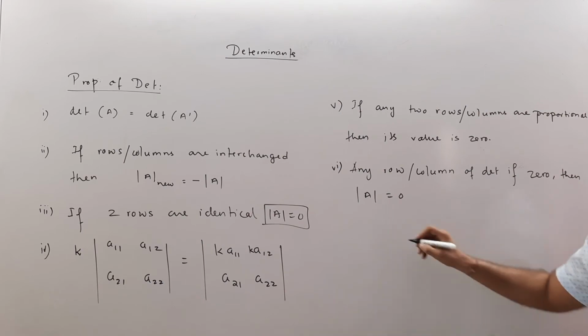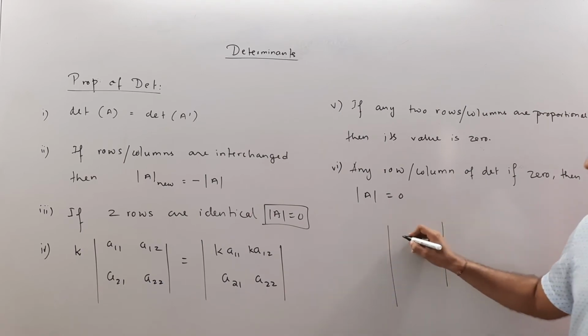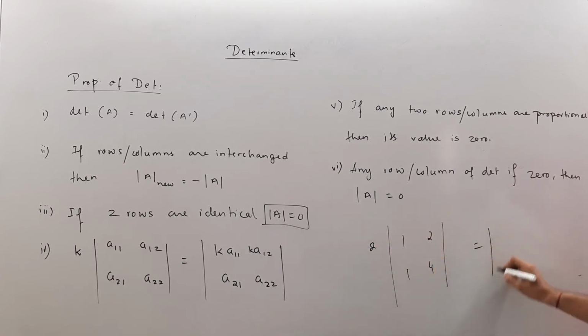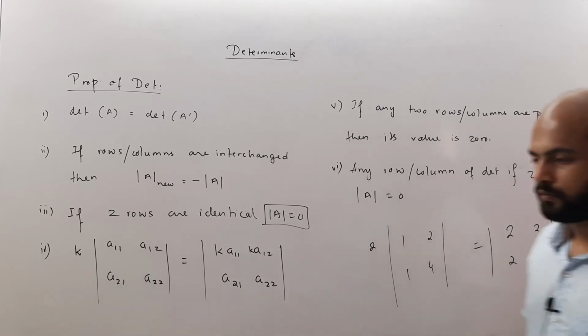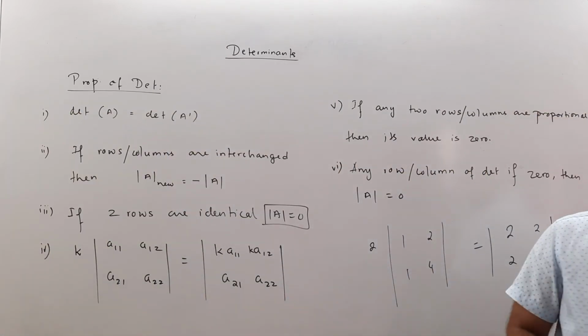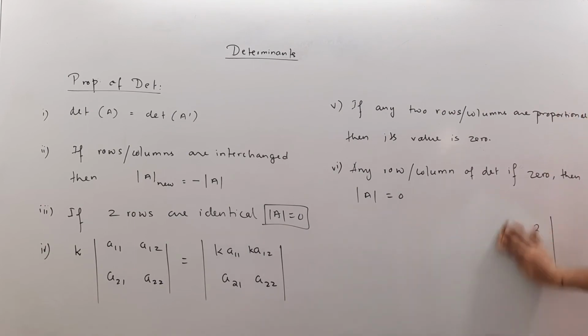So basically, to take an example, let's say that this is 1, 1, 2, 4, and if I multiply 2 over here, we can take this inside as 2, 2, 2, 4. This also can happen. Now you realize that I can take 2 out from here, or I can take 2 out from here. It is one and the same. Let's go to the next property quickly.